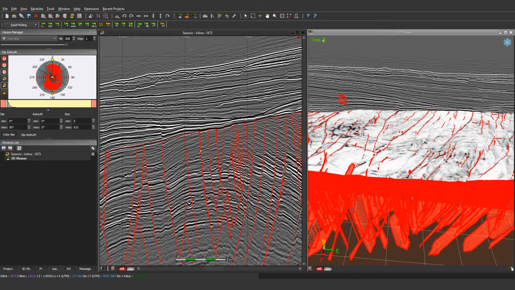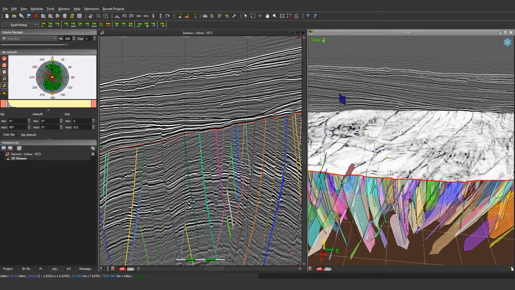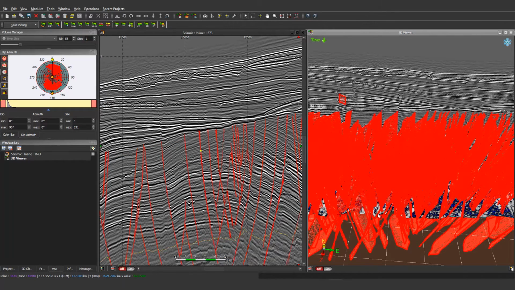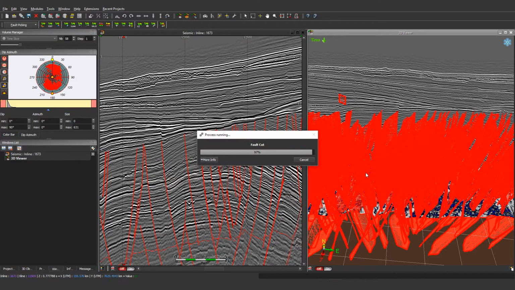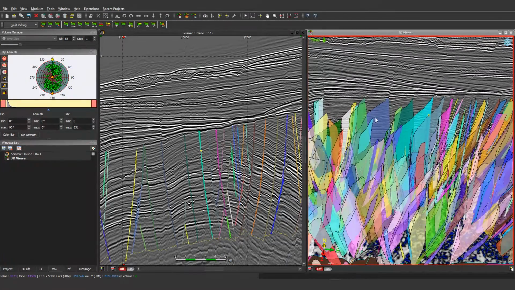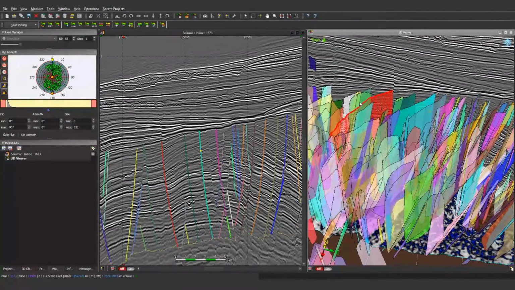So the fault cut will remove the upper part of the fault, and this is very useful to create a watertight model. Then we can also bring this surface to the lower limit by sliding down the horizon stack again. And the same way, select all the faults and a specific horizon, and now make the lower cut of the fault using the next button. So now we have very clean fault planes. Okay, we have removed the part which will not be reliable.